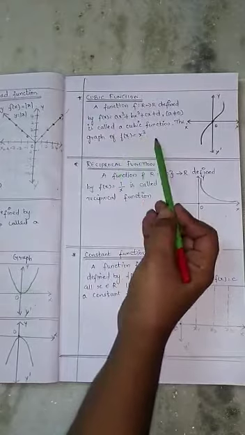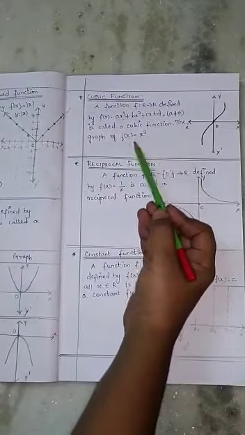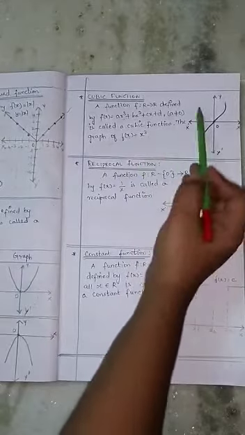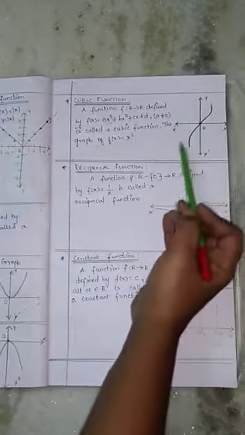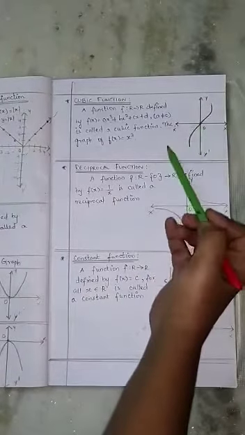f of x equal to x cube. If you are putting 1, it will become 1 cube 1, 2 cube 2 into 2 into 2, 8, like that. So the graphical method is like this, 1 comma, you just plot it and check it, whether you are getting this shape or not.